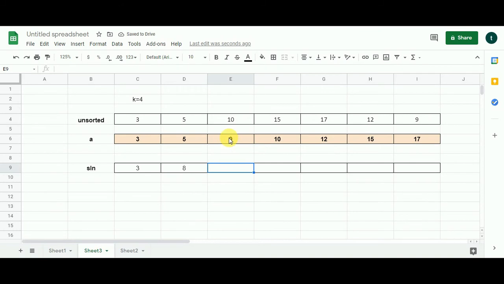Now 9 is the new integer from which we'll subtract 5. The result comes out as 4, which defies our condition. Hence what we'll do, we'll simply pick 8 from the previous cell and put it here. This is the advantage of sorting. We are now not worried about subtracting the integer previous to 5 from 9, because we know the difference between them will never be less than 4.